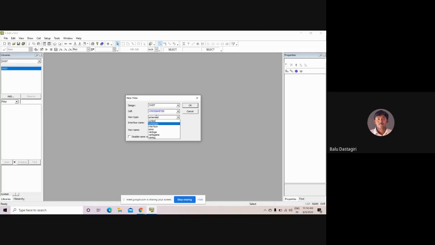So for the view type, these are the different views you can create. You can directly create a symbol, or you can create a schematic. From the schematic, you can generate a symbol, and this symbol can be used for different circuits. You can also directly write the SPICE coding by using SPICE. The next ones are Verilog A and Verilog AMS. As I told you, these are the new potential languages for designing your analog circuits.